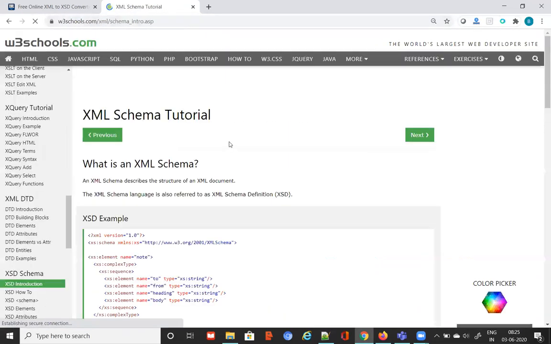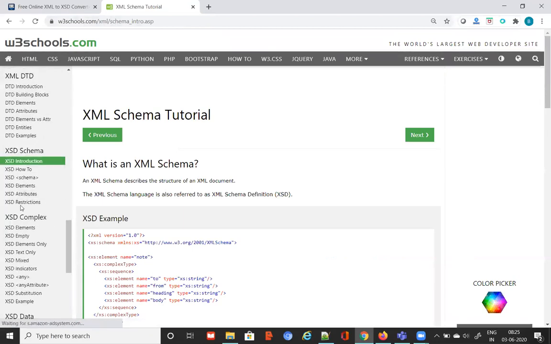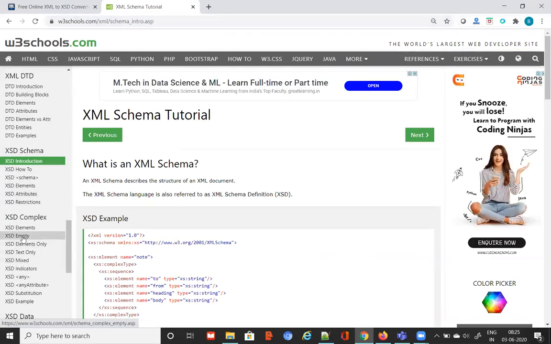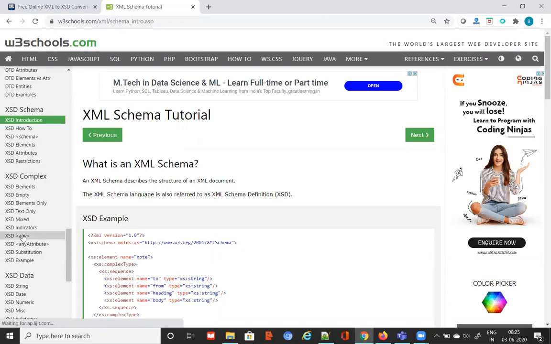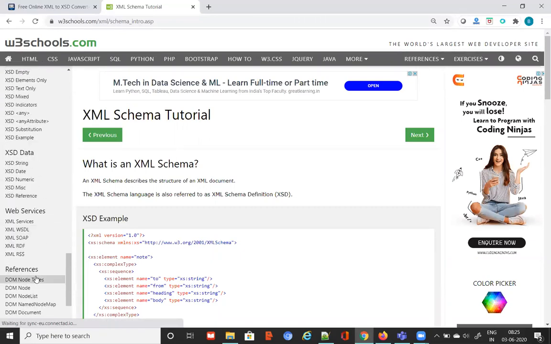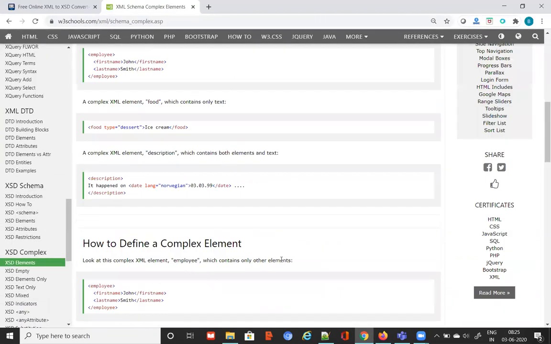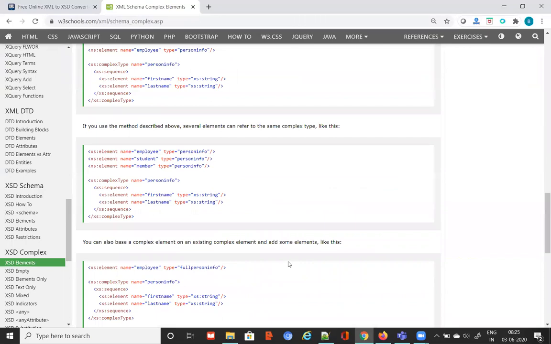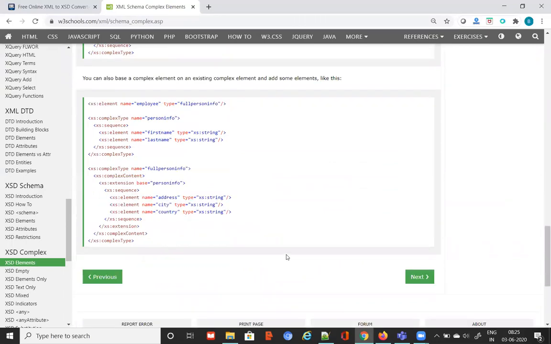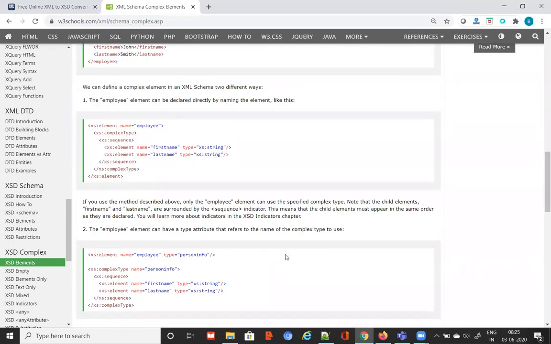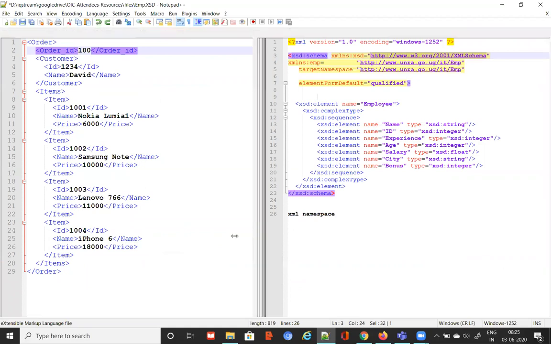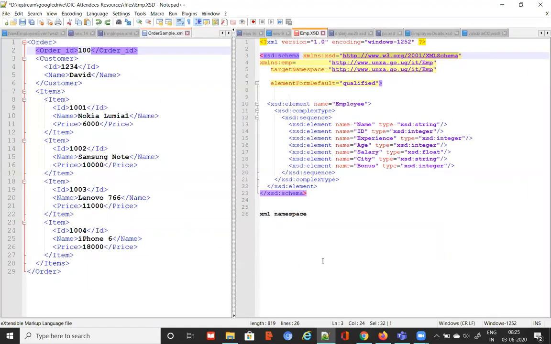If you go and read, it will also tell you what the other elements you can use are. What is the empty element? What are the mixed indicators? What are the XSD data types? There are multiple things there. Only 3 sections you can see: XSD schema, complex type, and XSD data types. You can run through these quickly and see if you're really interested to explore further. That will be more than sufficient for you guys. Okay. So if you don't have any questions, this much of XSD is all we want to understand within this context.